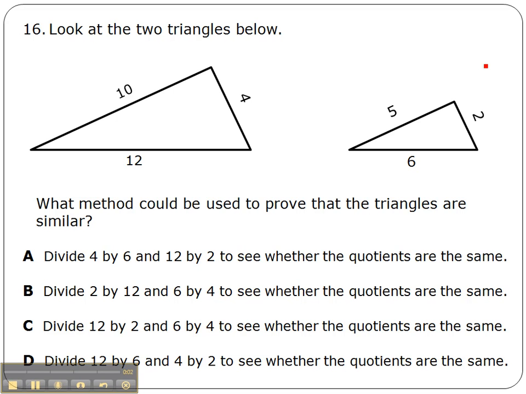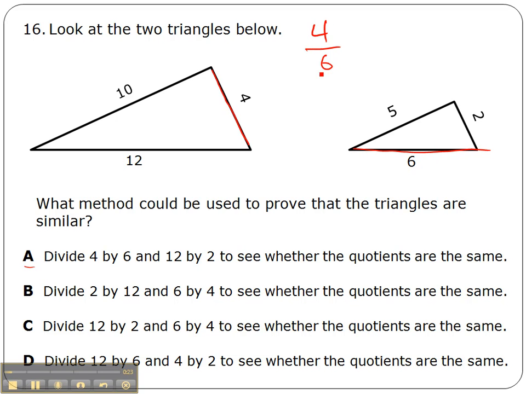Problem 16 tells us to look at the two triangles below, then asks what method could be used to prove that the triangles are similar. So we're going to go through each of these answer choices one at a time. Answer choice A says divide 4 by 6. Well, if we divide 4 by 6,